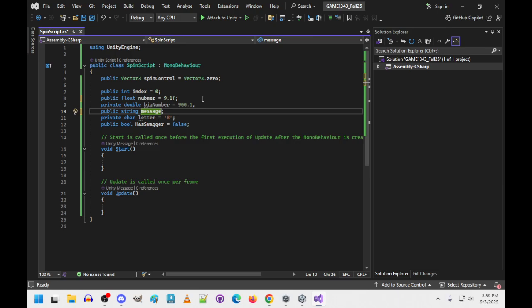Does that mean that you would still be able to edit it? I can still edit it in the editor because I made it public. But basically a string is going to start with no data. I think an index will start at 0, like an integer will start at 0, same with a float and a double. I don't know what I'll get for a character, and I think Boolean starts as false. But in terms of good coding practices, these primitives, again, int, floats, double, strings, character, bools,